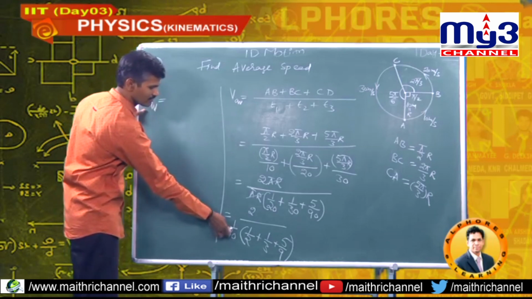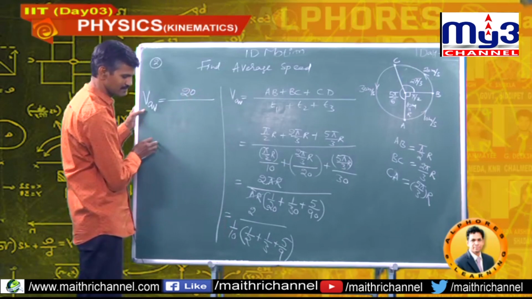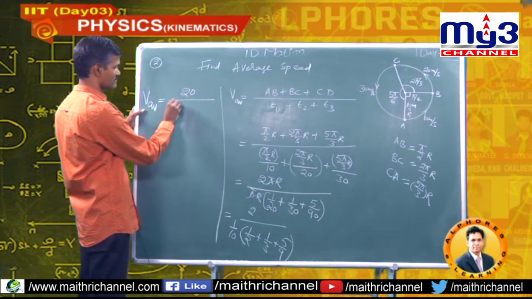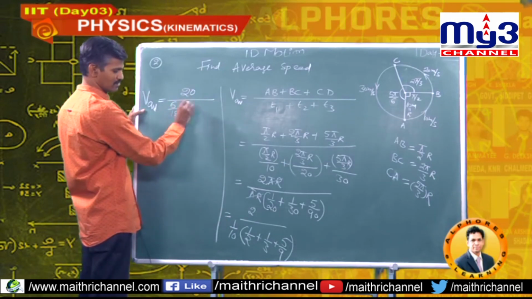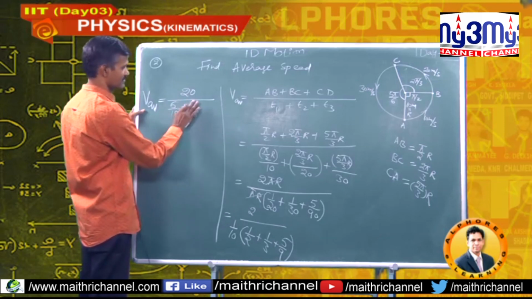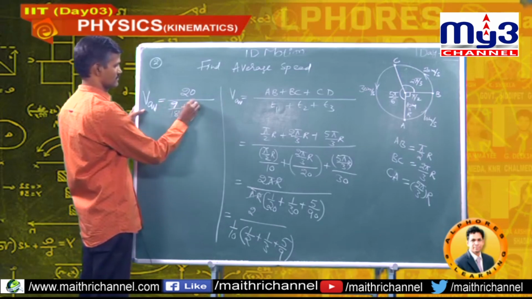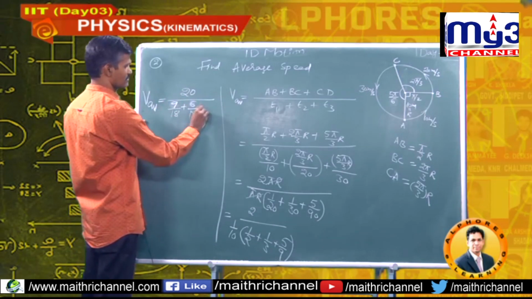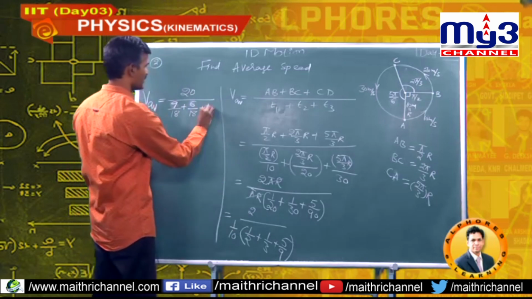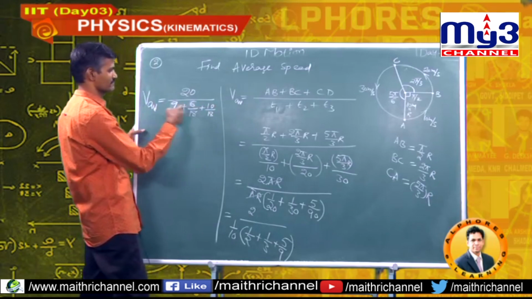This 10 comes to numerator, so this is 20, and this is some 6 by 18 plus 3 by 18, 3 6s are 18, 9 2s are 18, 6 by 18 plus 10 by 18. So, this numerator is,